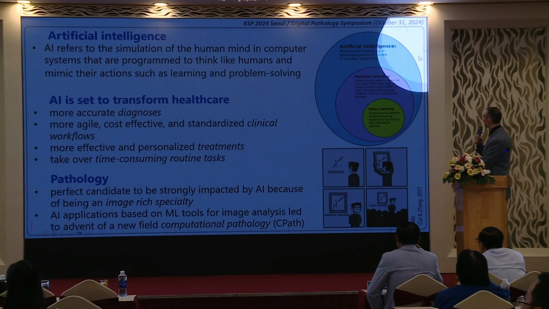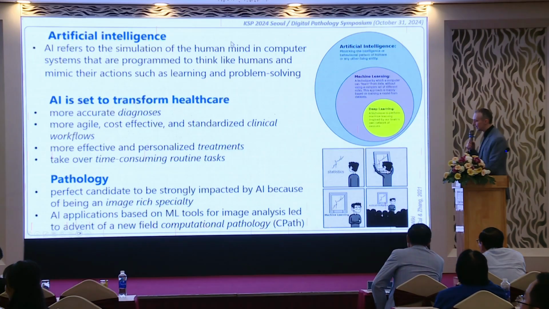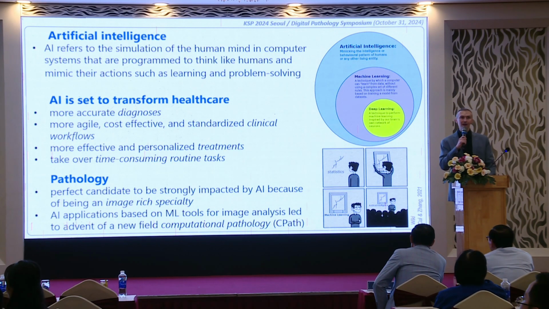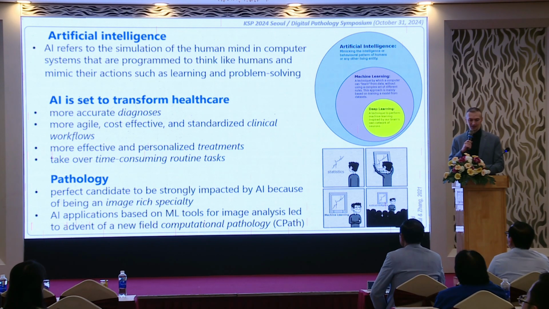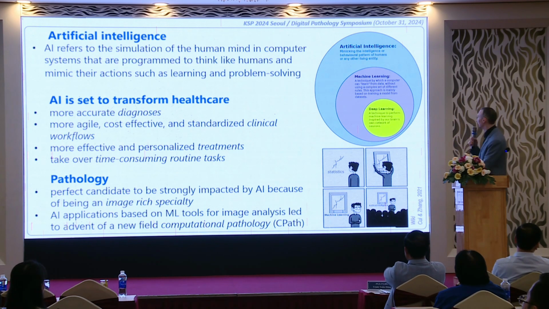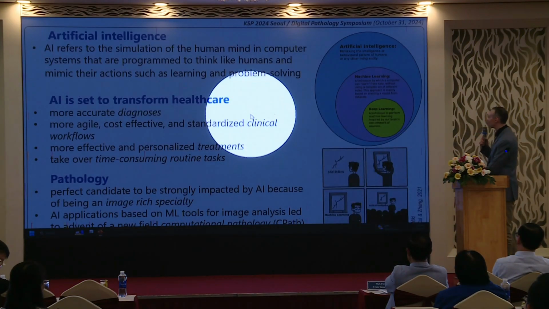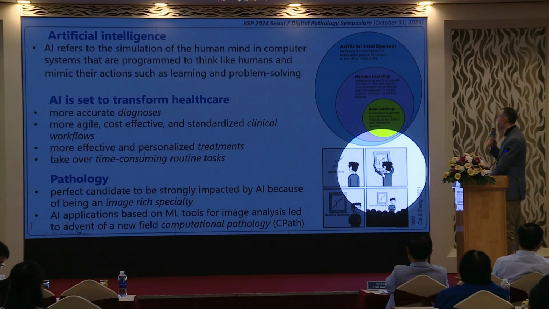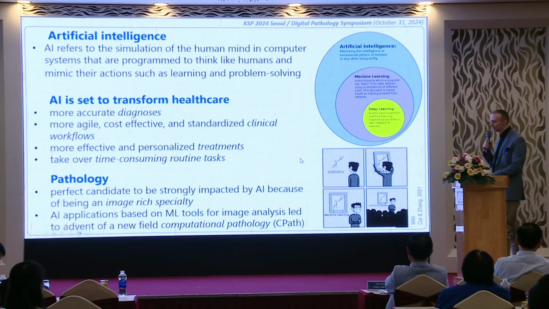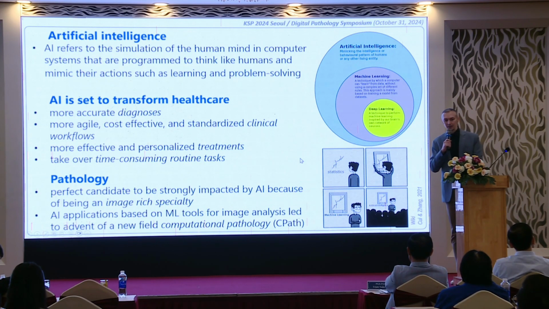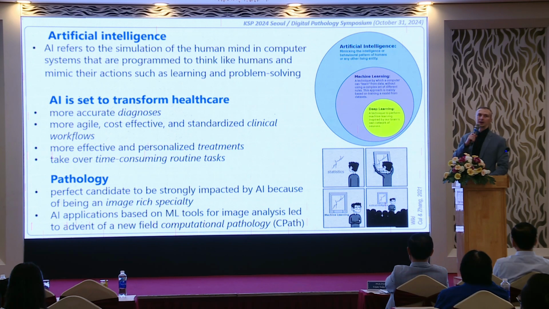Let me practice this more. Okay. So we have two major subdomains, which are ML, machine learning, which some people refer to as glorified statistics because it's based on statistical principles. I put some graphics here from the internet, and you can get a sense of this. And another one is deep learning. It is also a technique which basically simulates how the process of thinking goes in the human brain.